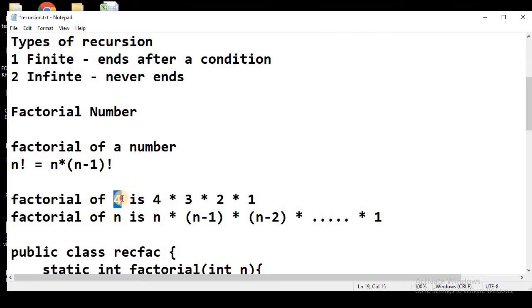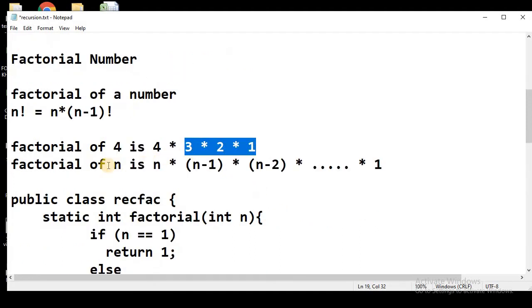As we can see here, 4. So the factorial of 4 can be written as 4 multiplied by the factorial of 3, as this is representing the factorial of 3. As a formula, the factorial of n is written as n into n minus 1 into n minus 2 into n minus 3 and so on till 1. The point we need to notice here is that this is ending at 1. So this is a finite factorial. Every factorial ends at 1, so this will behave as the base condition of the recurrence.